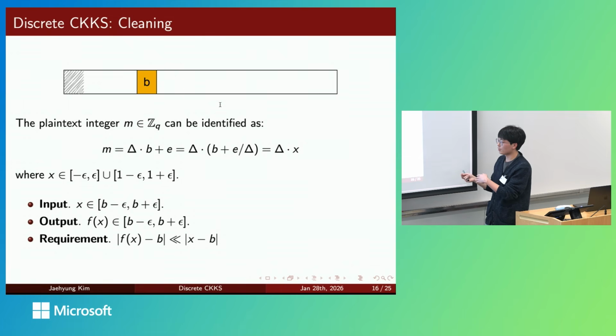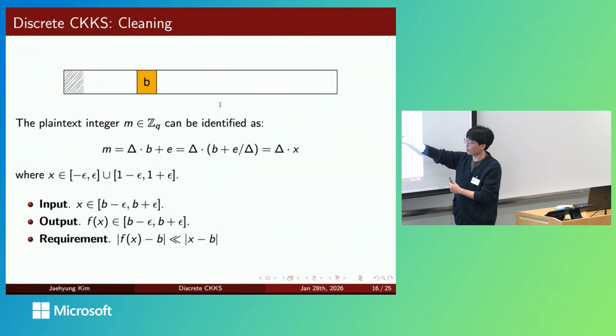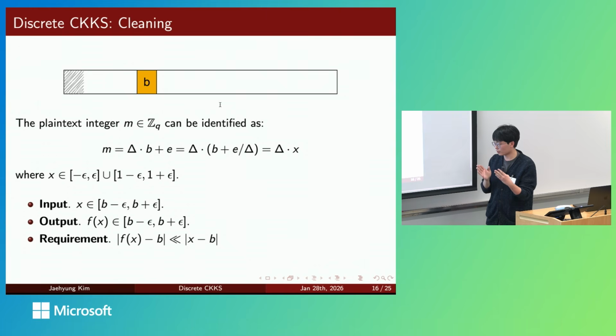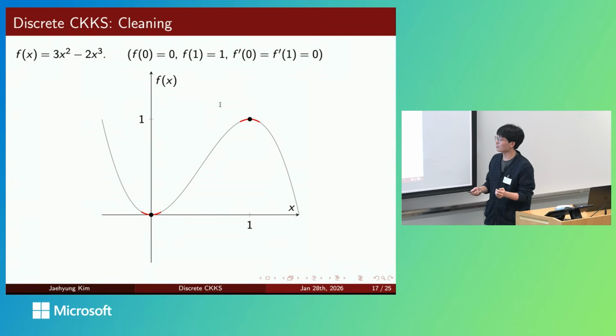What it means is that if we input a number that is close to 0 or 1, we want to also output a number that is close to 0 or 1. But the requirement is that the distance from the target bit should be smaller after this operation. And now this comes to kind of an undergrad level calculus thing, because we do know which real functions have